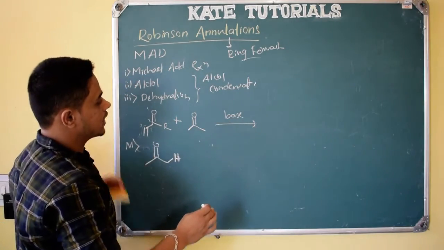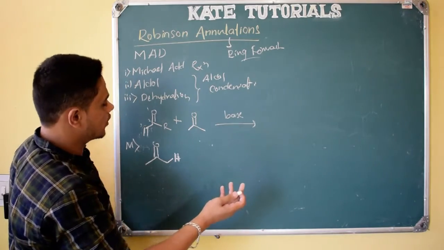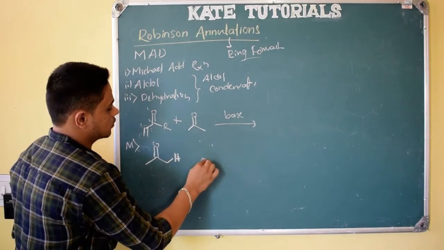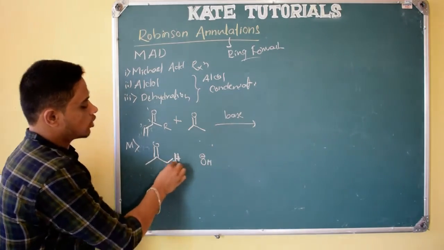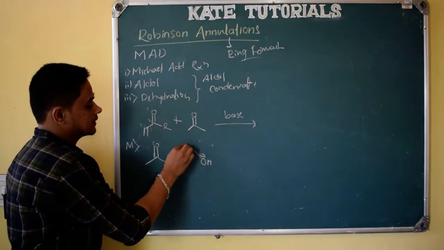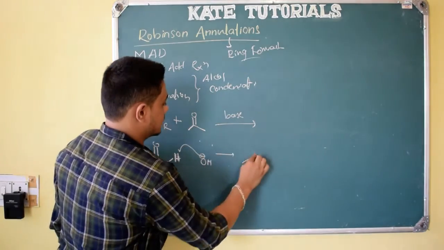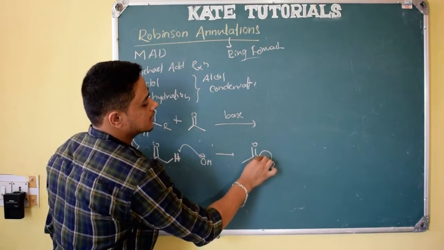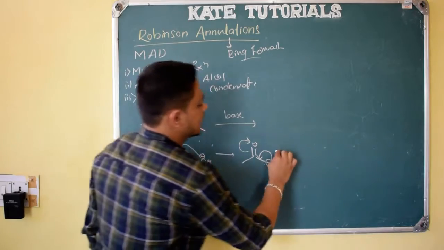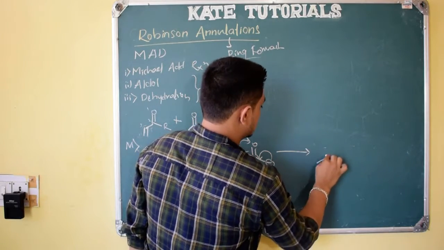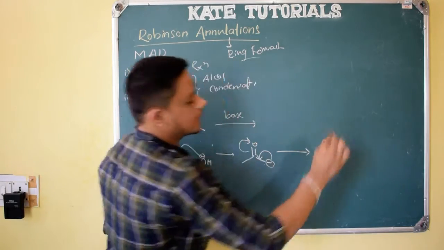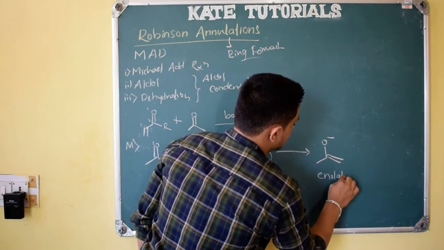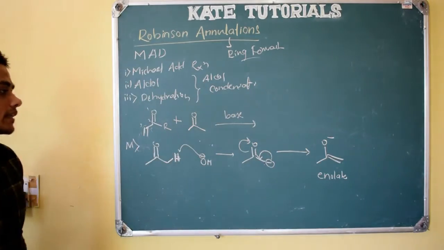And the base, we can use any base, like NaOH. So let me use NaOH base. So what does it take? This proton will be acidic. Why will it be acidic? As it takes this proton, see here, negative charge comes on carbon. This negative charge is stabilized by resonance, right? So we get a compound like this. This is what? Enolate. Enolate we call it an anion.